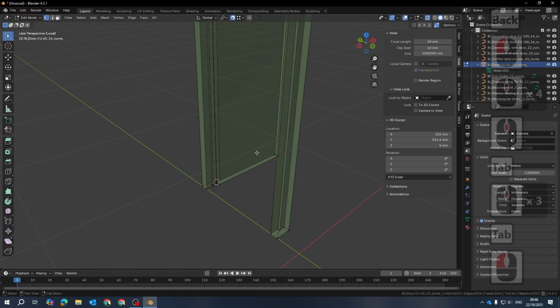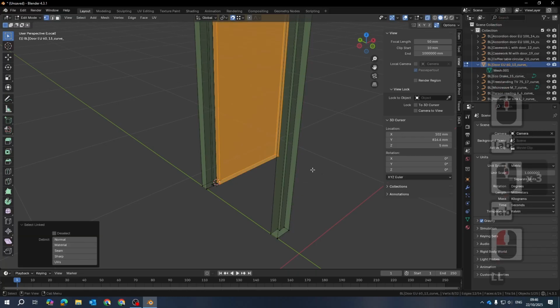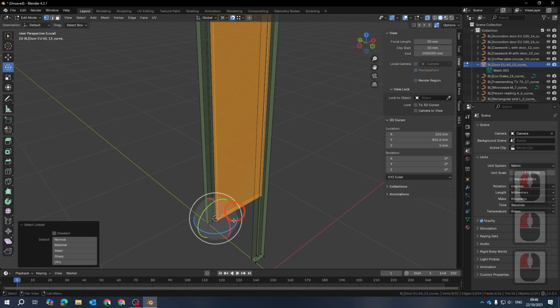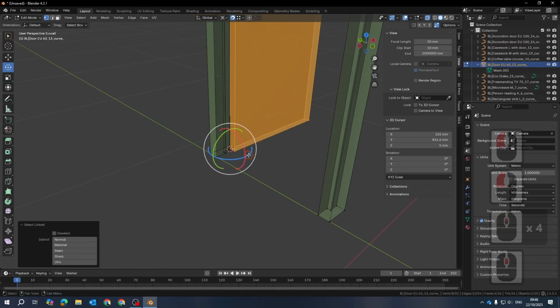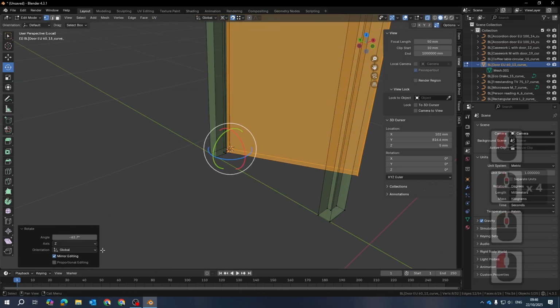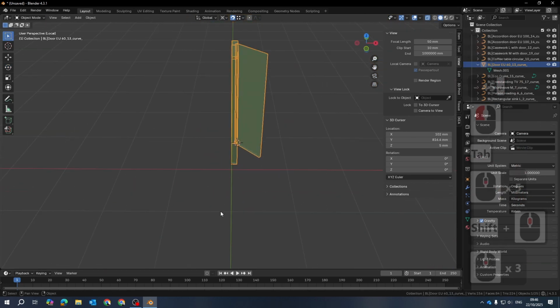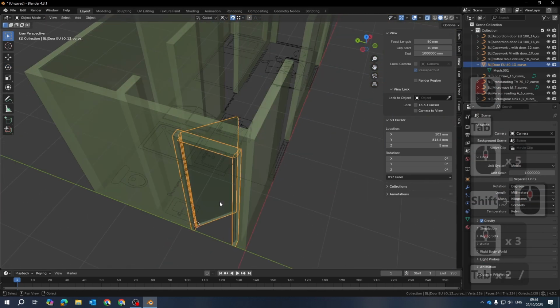Now, why am I doing this? If I select this door now, if I go to L, and I want to rotate this door, so rotate, you'll see it'll try and rotate it from the origin, but if I go to 3D cursor, I can rotate this by 45 degrees. Totally up to you. Minus 45, totally up to you. Okay. Now, if I exit the command and I bring back,